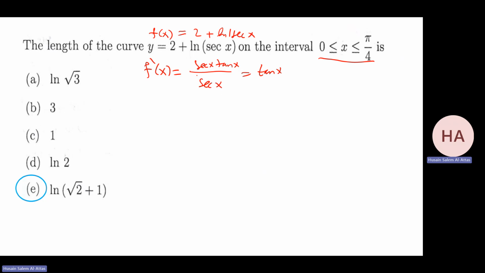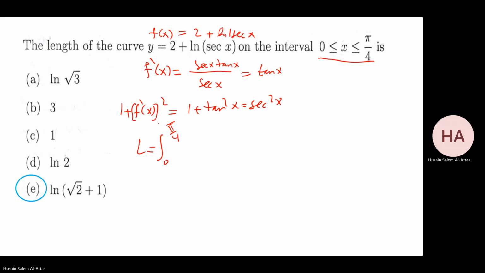1 plus f prime square, that is 1 plus tan square, which is secant square. So I get rid of the absolute, of the square root. Yeah, L will be 0 to pi over 4 of what? Square root secant square. And everything is positive, so that's an integral of secant x dx, which I know it's